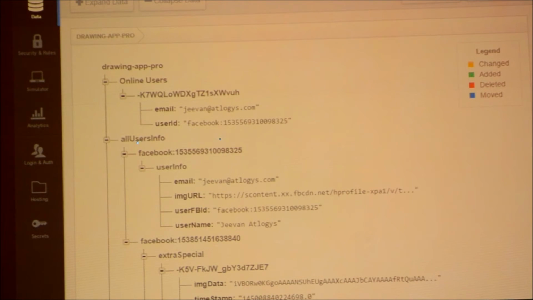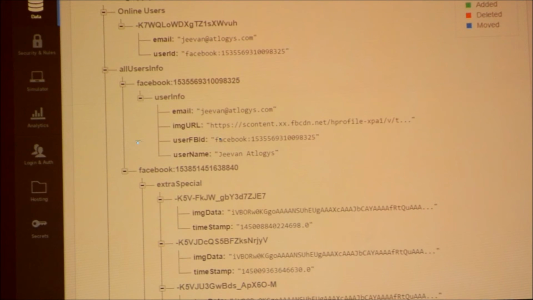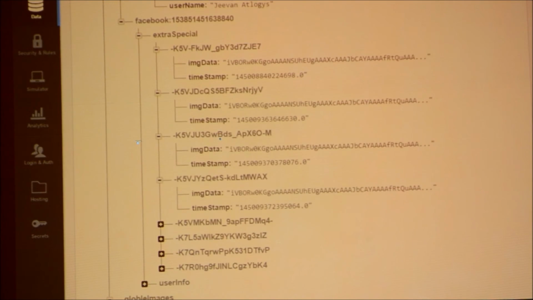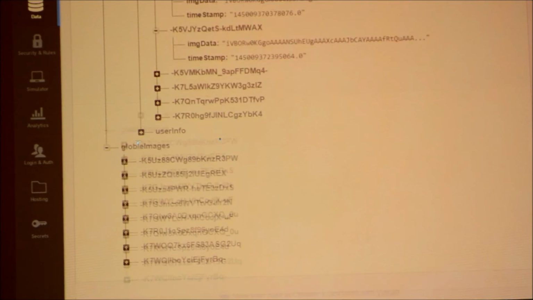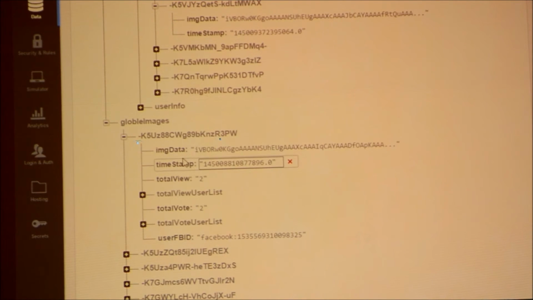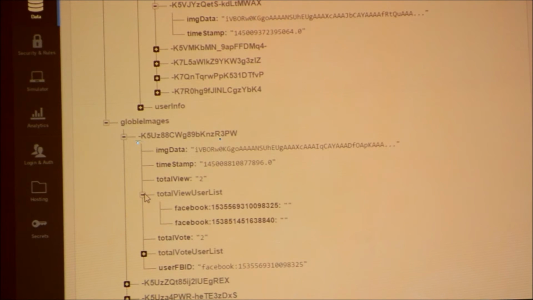So G1. All the drawings are saved under the global images. In global images, we're storing the data in this format: the image data, the timestamp, total users coming here, the total view user list, like who are the users coming here.